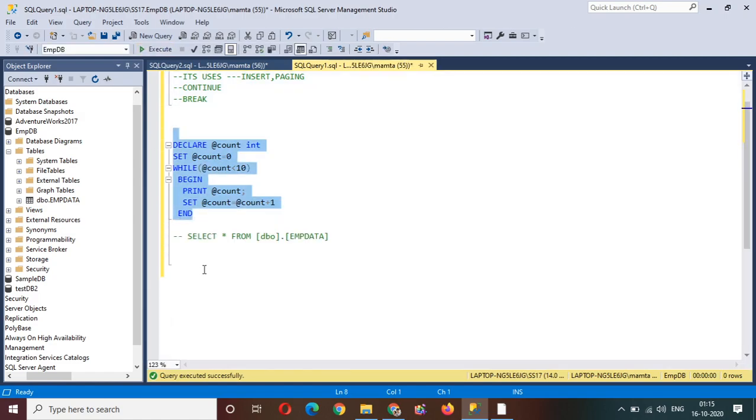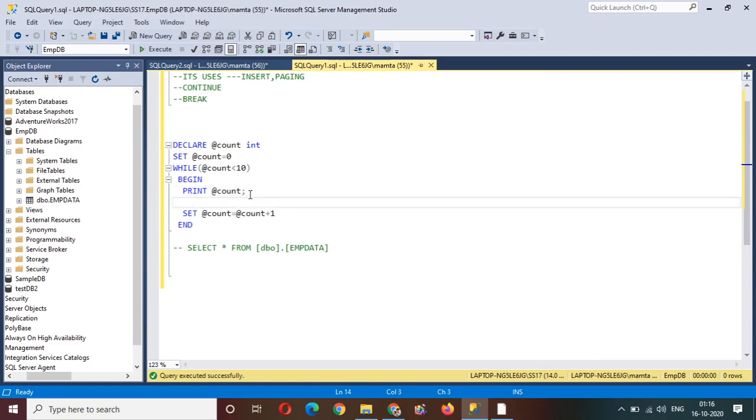If you do not want to print till 9, and I want that if the value is 5, then control should come out of the loop, in that case we use the break statement. Let's say I'm checking if the count value is 5, or 6, or whatever is your requirement.